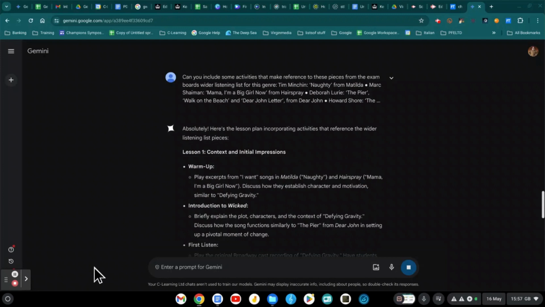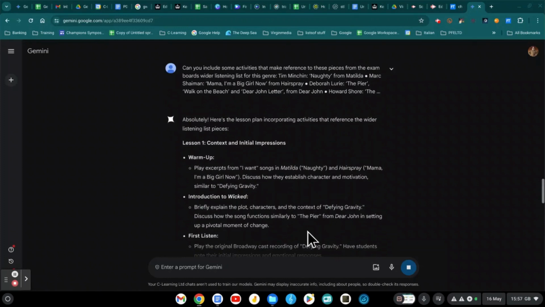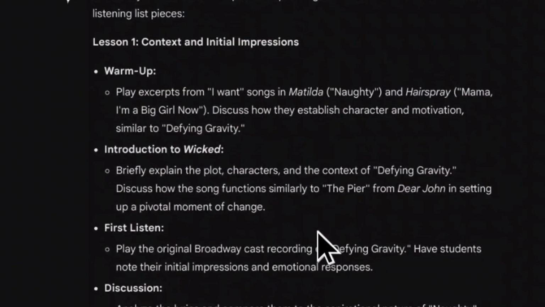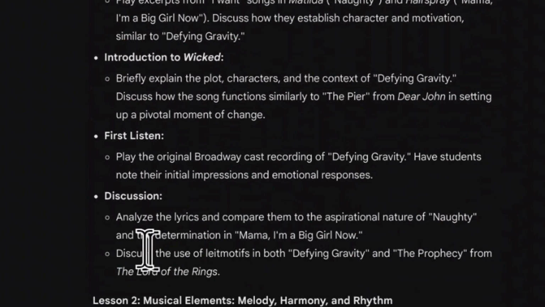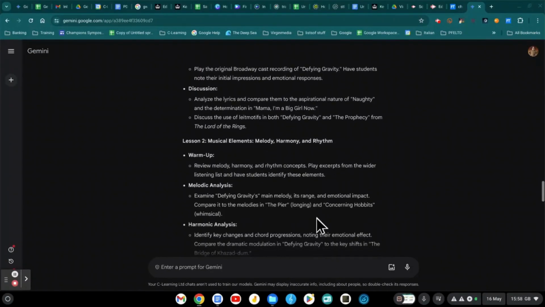And there we are. Very, very similar. There might be some differences further down. I haven't checked that yet. But you remember at the beginning of the first lesson, there were a couple of references to other songs. Those have changed to be specific songs in the actual playlist that the exam board has specified. So it's refined it for me. Yeah, another one there. And Mama, I'm a Big Girl Now, I think it's from Hairspray, and so on and so forth. So it actually allows you to filter and refine just by asking it to give you extra information,